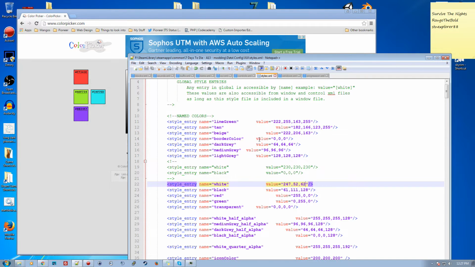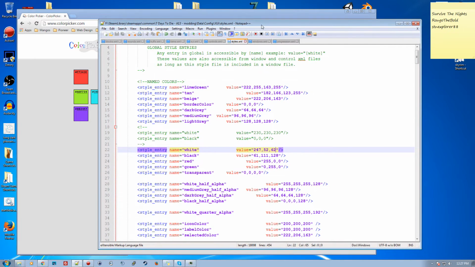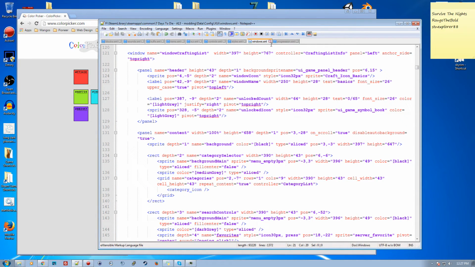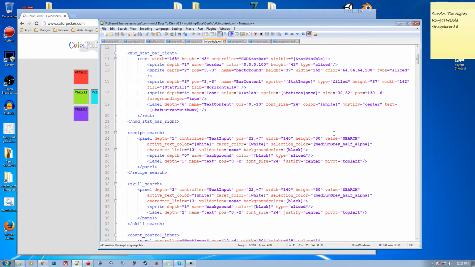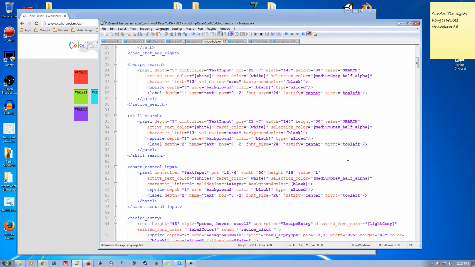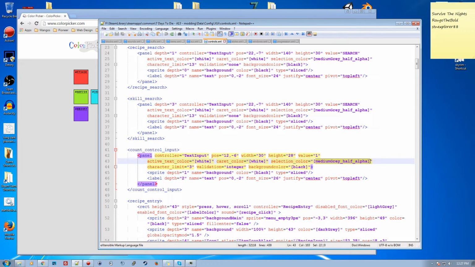Now, there are two ways you go about it. You can either modify an existing named variable, and to me, that's probably the easiest way when you're testing things out. The second way is, all you have to do is change the styles XML file. You don't have to change anything else other than that styles XML. Or you go into the Windows and Controls, and you can go through all of these, and everywhere it's got something we could put in,